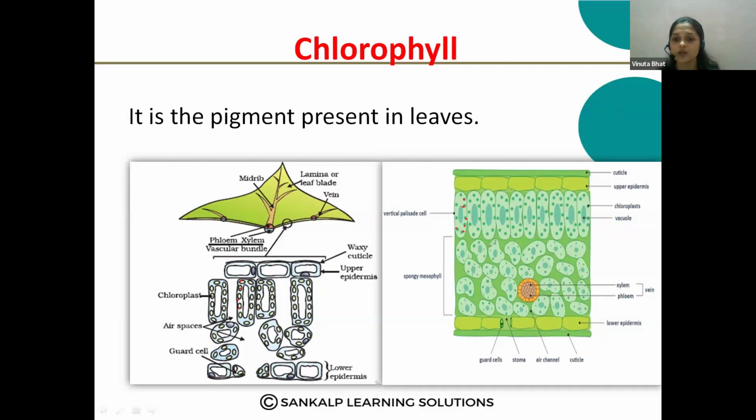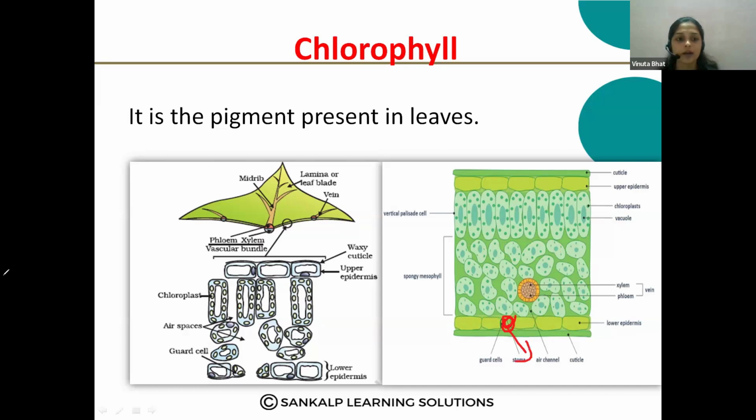And here you can also observe some other cells, and chlorophyll is present in these cells. These are called spongy mesophyll cells. You can observe the green dots here. The green dots are called chloroplasts, and inside the chloroplast there is chlorophyll. So that is about the chlorophyll. And just observe here in the lower epidermis, you can observe some openings, that is nothing but a